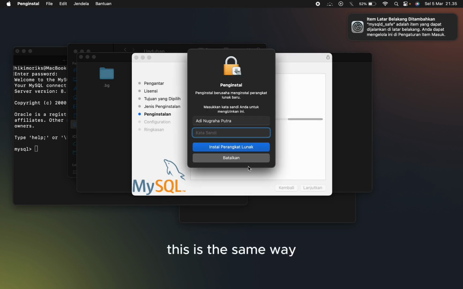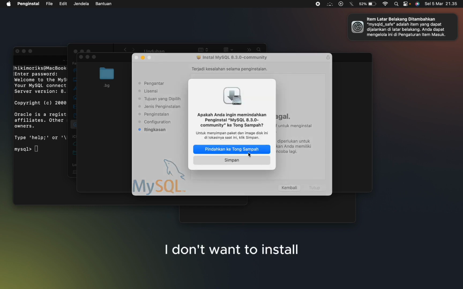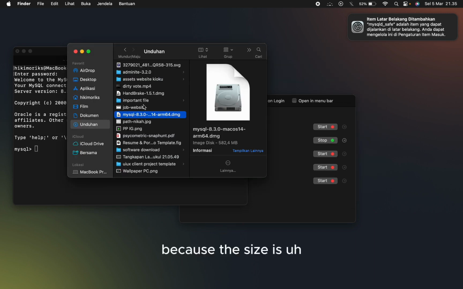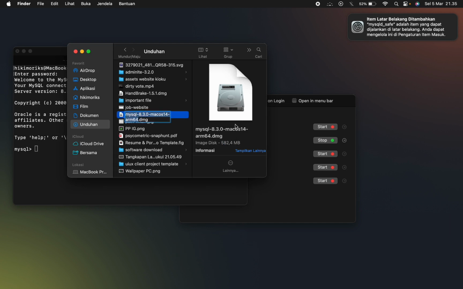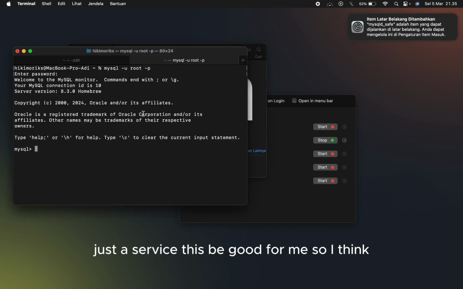This is the same way, but with the GUI interface. But I cancel because I don't want to install it, because the size is wow, this is bigger. Just a server, this is too big for me.